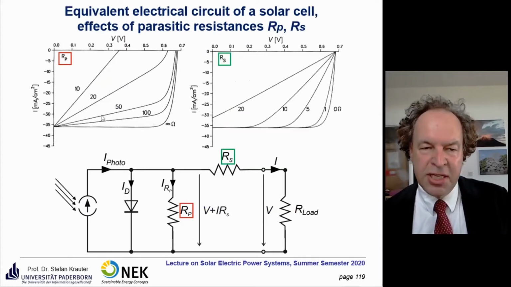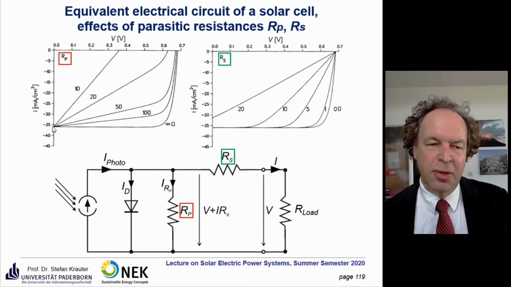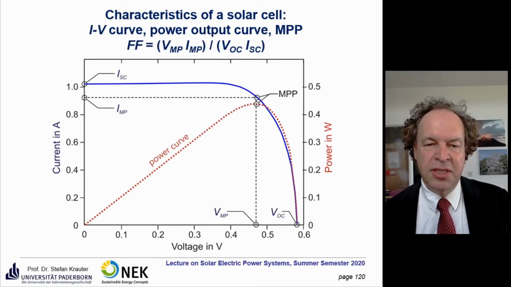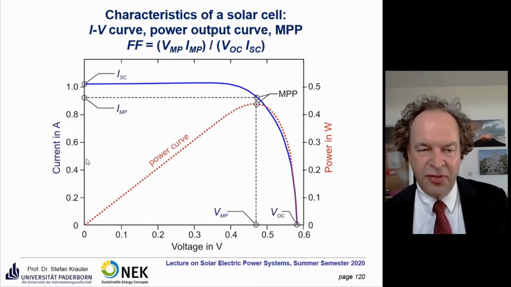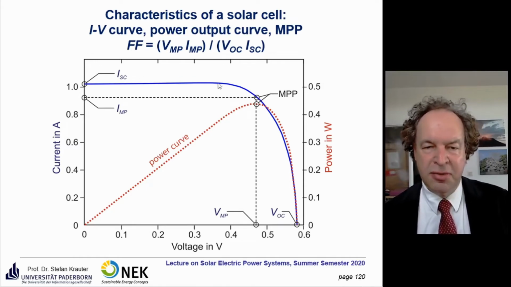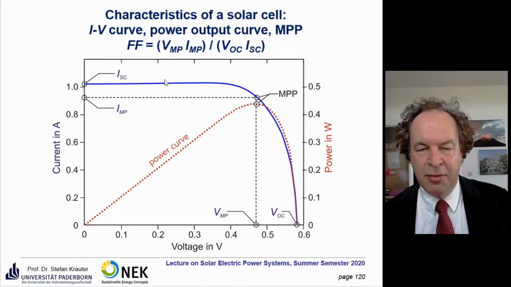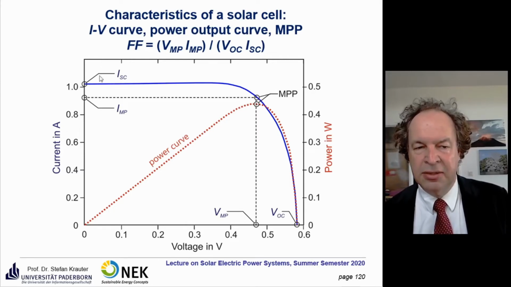To make it easier to understand, it's quite hard to just calculate with negative currents. The solar engineers decided to flip that curve to the positive side. So in the next picture you see that. You have a positive current here because we're mostly interested in this generating quadrant of the curve. And so we're talking about a positive current. We don't see it from the diode's perspective, more from the generator's